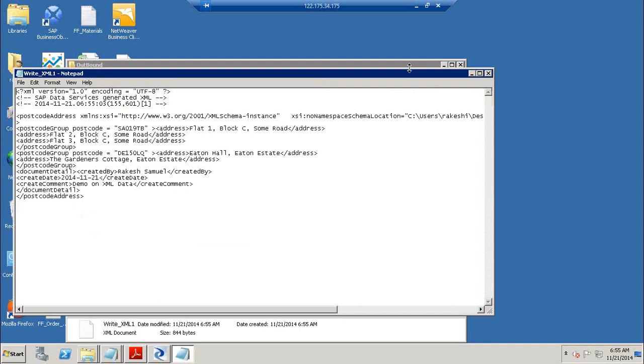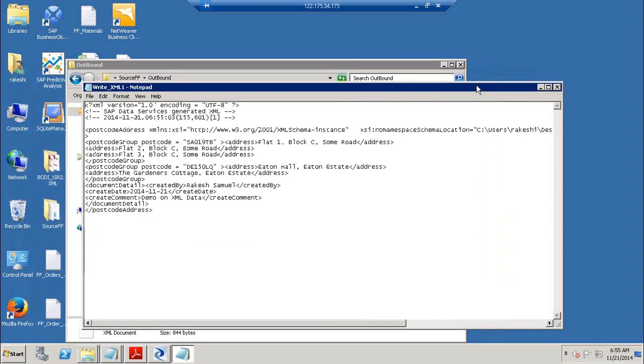Okay, so it's just opening with the notepad, but if you double click on an XML file, it will open with a web page, and there you will see the data highlighted. Now if you look at this one, this is my first postal code, my address 1, address 2 and address 3, and this is my second postal code, and this is my address 1 and address 2, and this is my name,